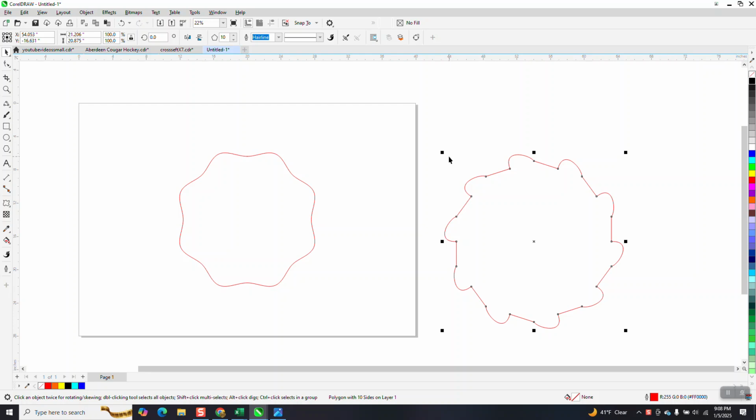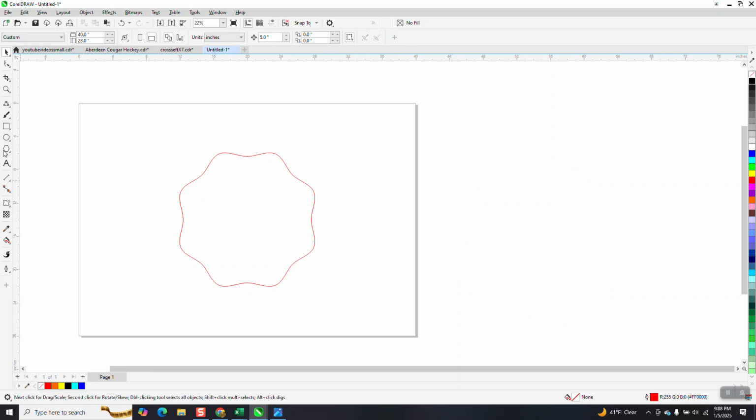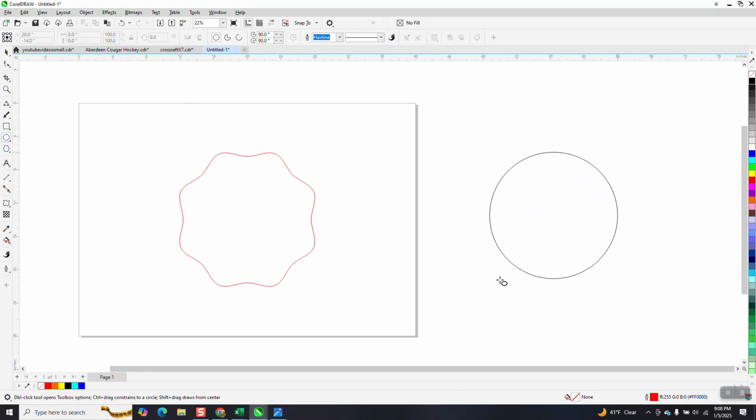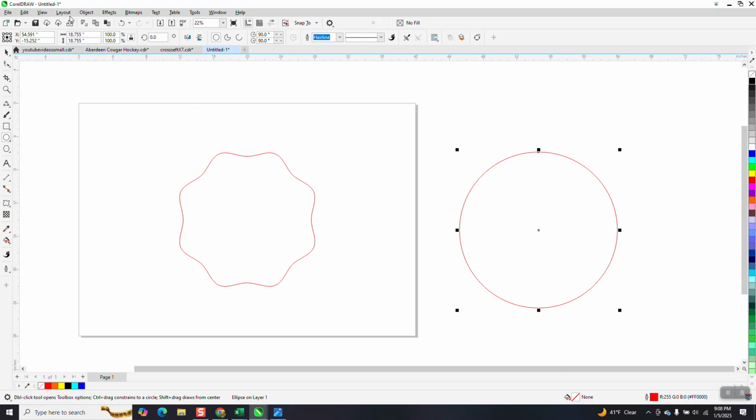and you can kind of get away from what you're actually trying to do when you want just wavy lines like this. So the best way to do this is take an ellipse and go to Object and convert it to a curve, and then go underneath the Shadow tool and get your Distort tool, pick Zipper, and you've got it right here,